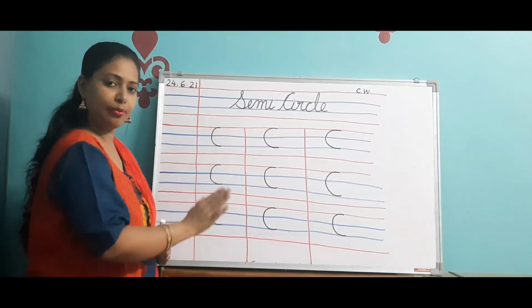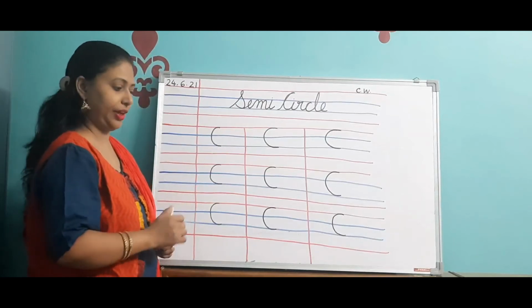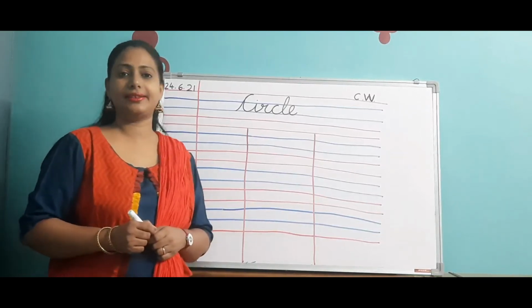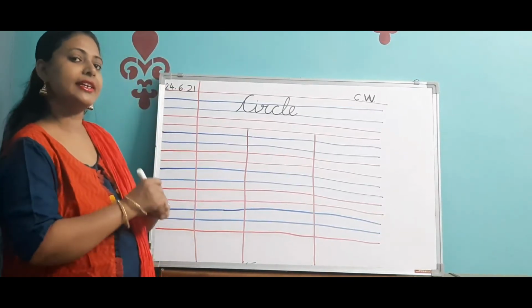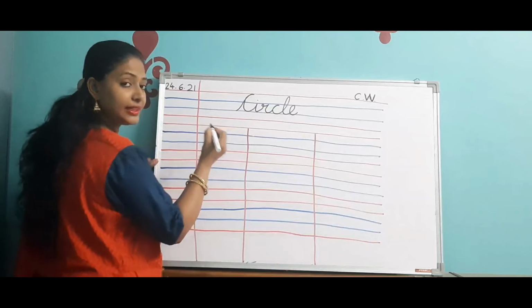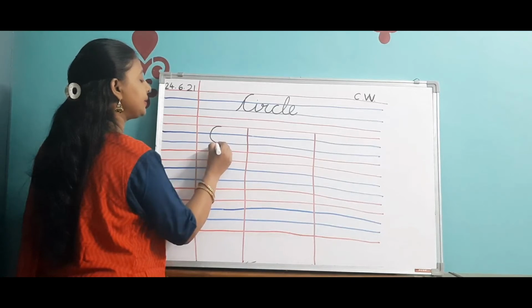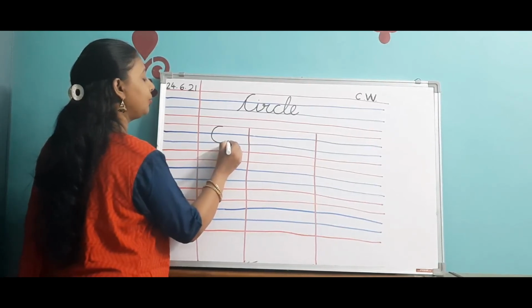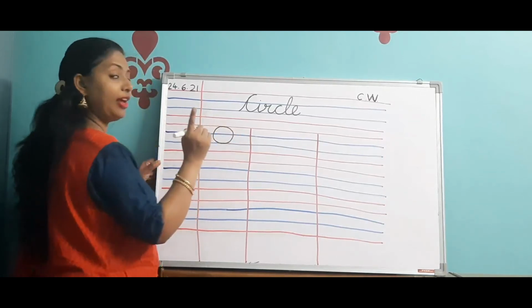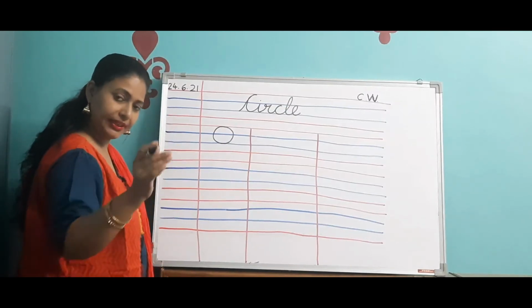So meanwhile I am rubbing this, you all turn the page in your copy and be ready. So children, now on the new page you will write the circle. I have taught you semicircle, you will write circle. In the same manner as we have written the semicircle, which is a half circle, we start from the first line, we draw a semicircle like this and we continue going to the second line and then to the first line and come back to the same point from where we had started writing the semicircle, and made it a whole circle.